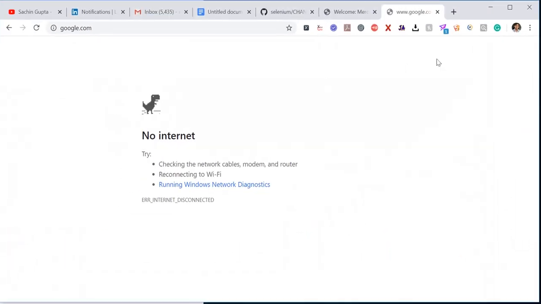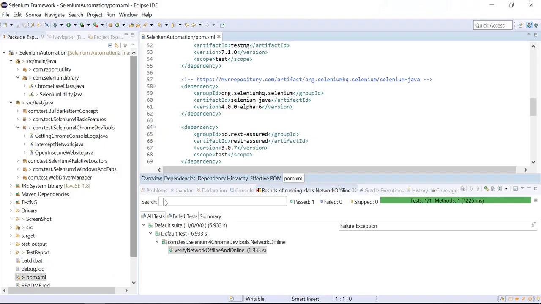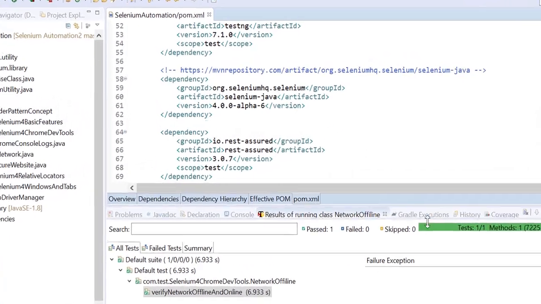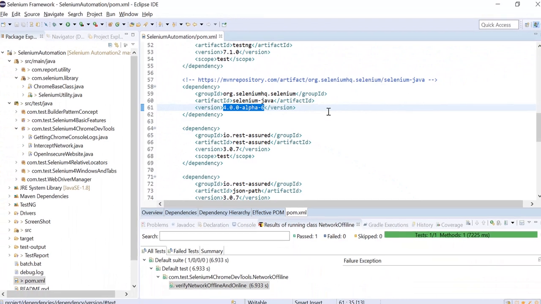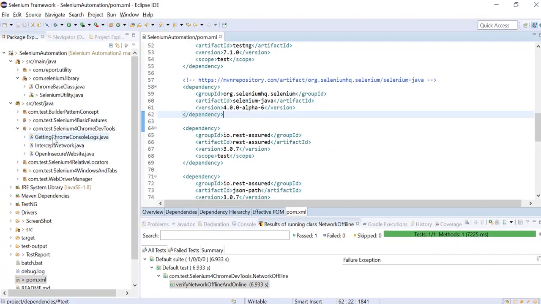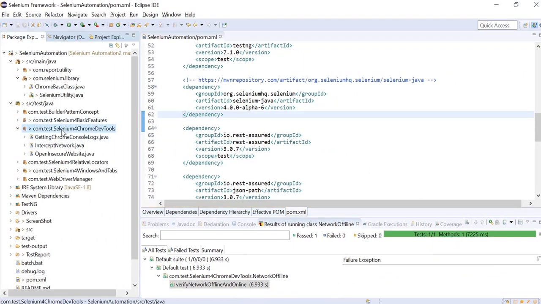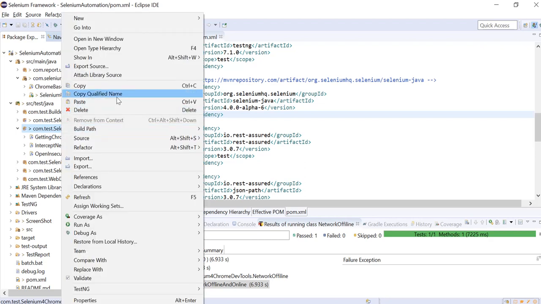Let me close this. Let me open Eclipse. In Eclipse, you can see I am using the Selenium 4 Alpha 6 version. Let me create one new class for better understanding of how we can handle it.